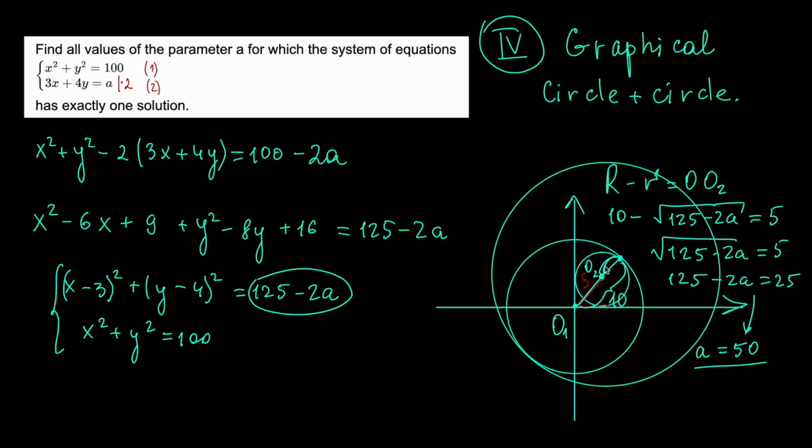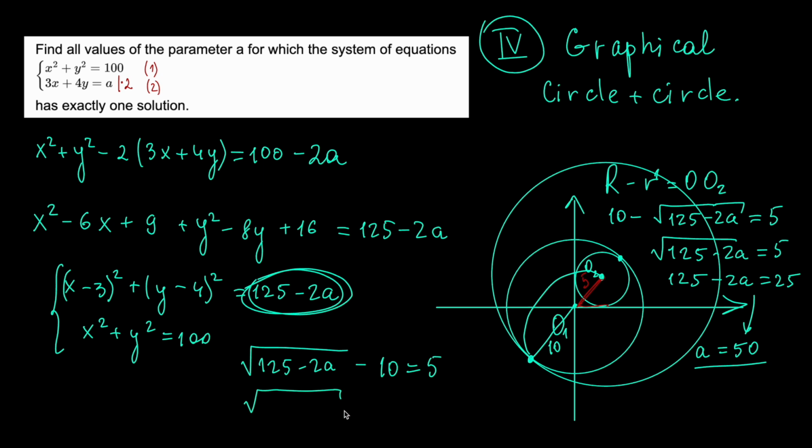And for that case, we're going to use that segment O1O2 as well. But this time we have to subtract this radius, which is equal to 10, from the larger radius, which is equal to square root of 125 minus 2a. So we're going to have square root of 125 minus 2a minus 10, which is this radius, is equal to O1O2, which is 5. So the square root is equal to 15, and 125 minus 2a equals 225, which now results in a equals minus